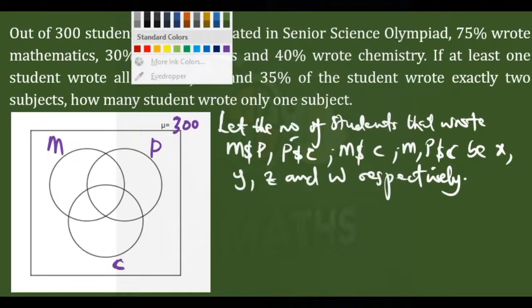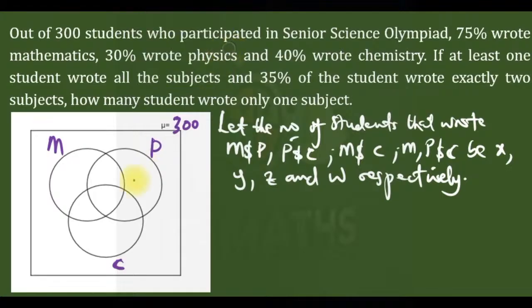So this is X. Physics and chemistry, Y, maths and chemistry, Z, and finally W, all the three subjects. And they told us that